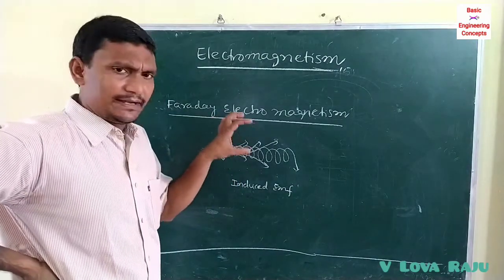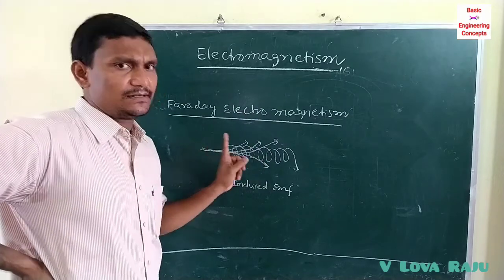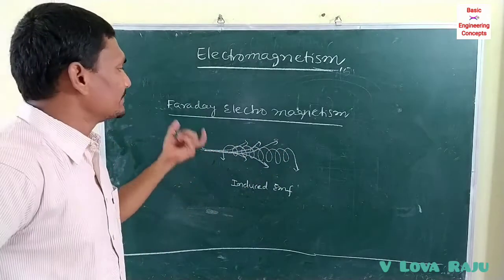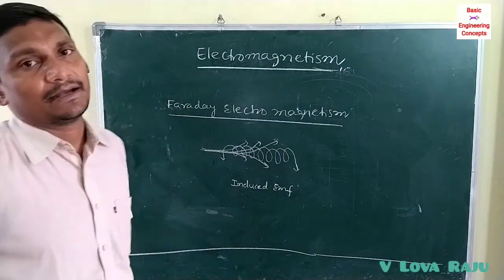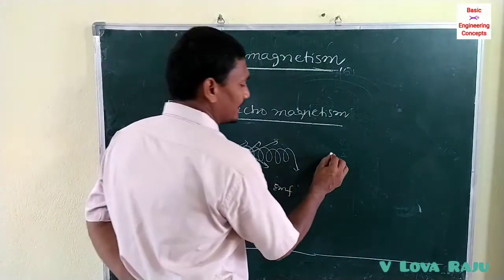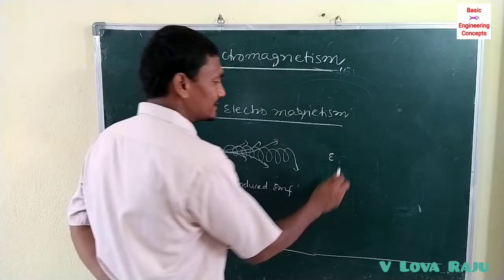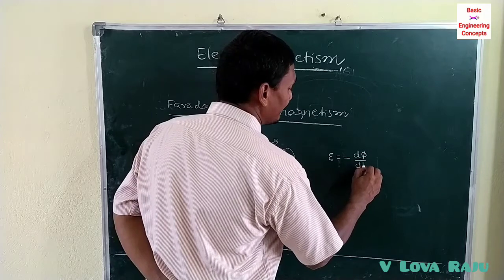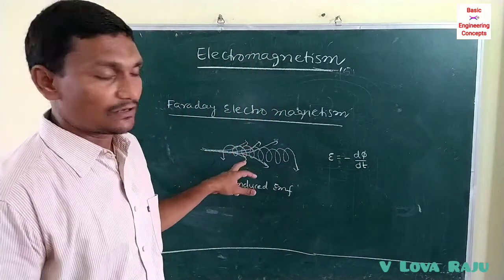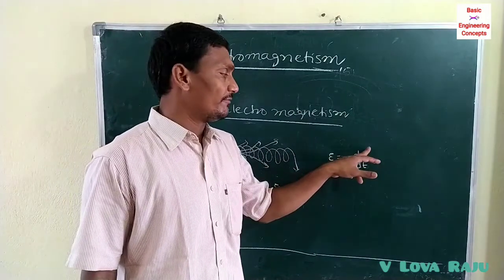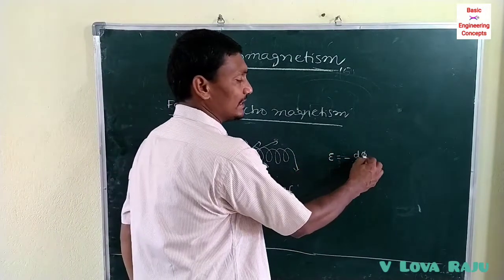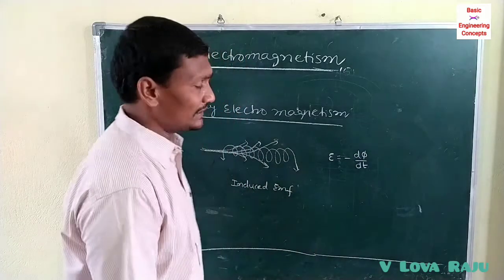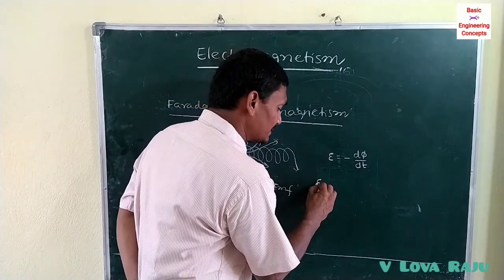Okay. Whenever a coil is subjected to an external magnetic field or magnetic flux, an EMF or current is induced in the same coil. This phenomenon is known as Faraday's law of electromagnetic induction. The EMF induced in the coil, let it be E, is equal to the negative rate of change of magnetic flux, E = -dφ/dt. Here φ is the magnetic flux, t is the time, dφ is the change in magnetic flux, and dt is the time interval. For n turns of coil will be considered here.